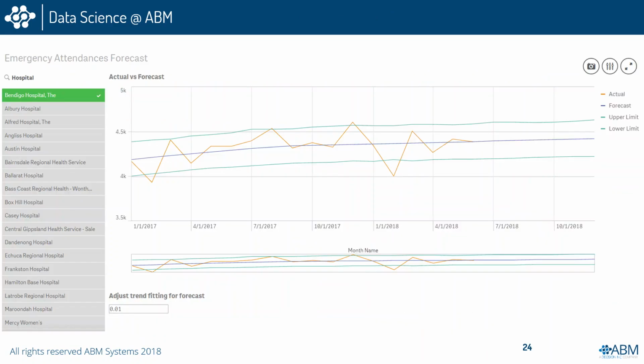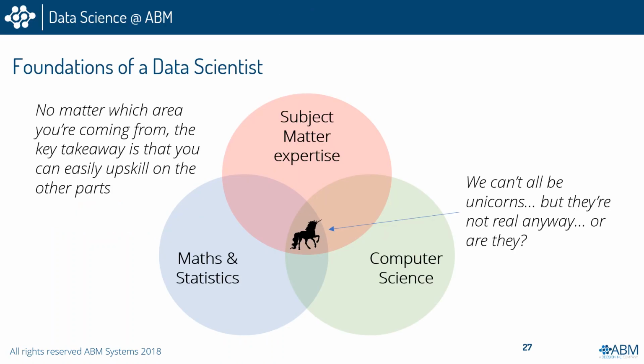Okay, so as you can see there, these were the examples that we went through. In terms of getting started, now the foundations of a data scientist, they typically call these guys unicorns because they've got typically subject matter expertise, maths and statistics, or computer science. Now, you don't necessarily have to have all of these. You might have one and you're working on some of the other tools there, but the point is that technology is making it a lot